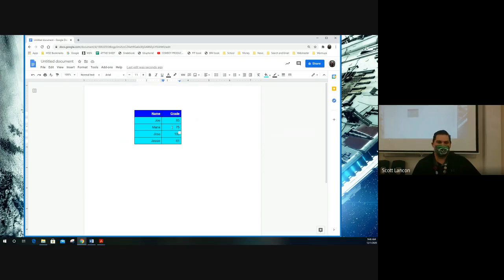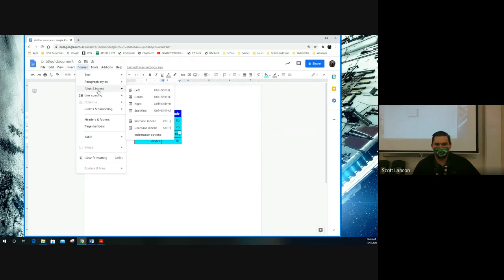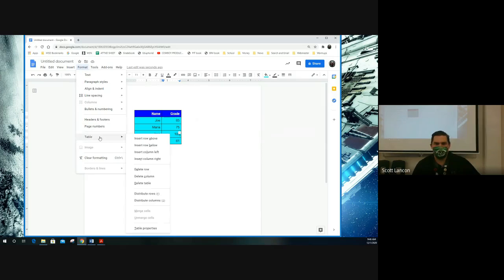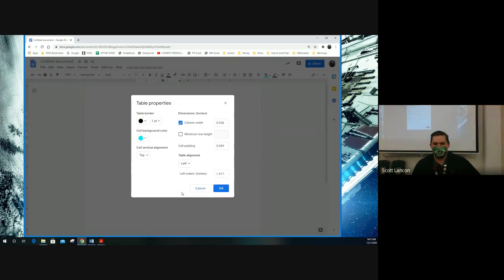Is there the backgrounds? Is there the banded stripy things that we were talking about? Well, let's take a look. Format. Table formatting. You can insert rows above, below, left, and right. You can delete rows and columns. You can distribute rows and columns, which means basically make them all equal size. And there is a button for table properties that you can do,